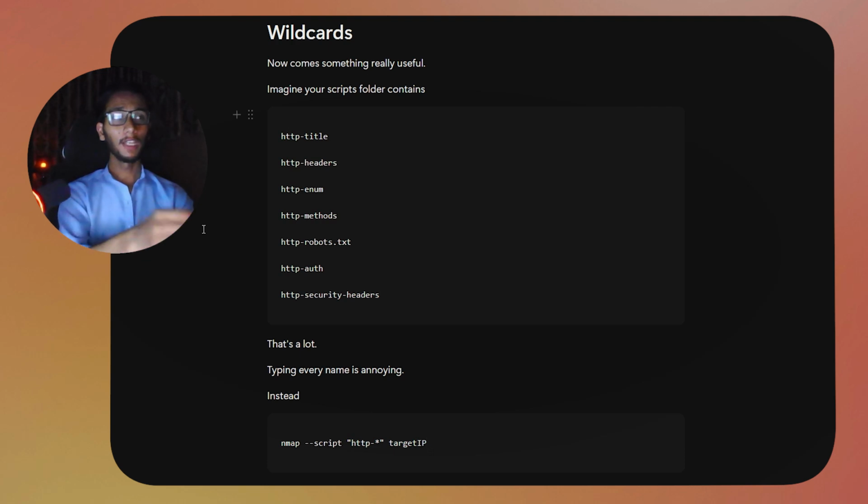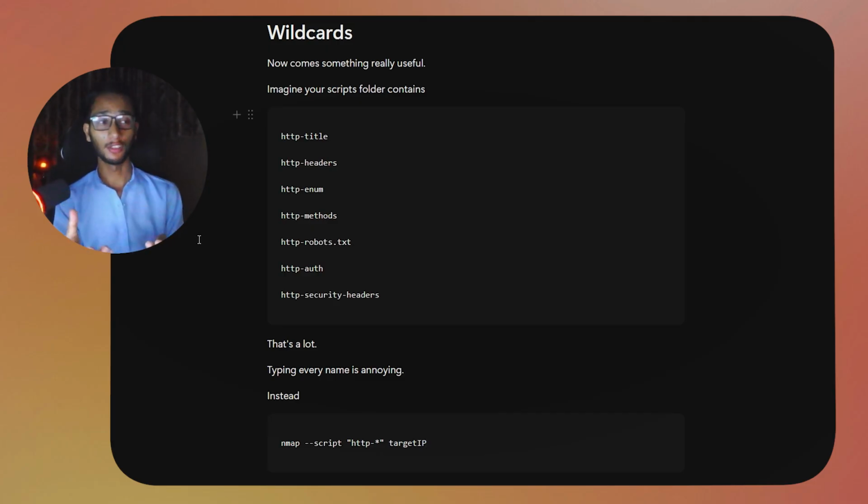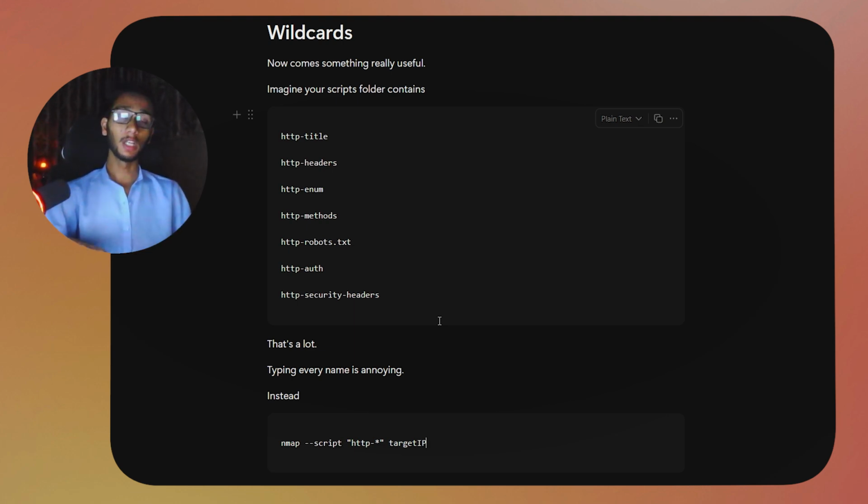Over here we have wildcards again. Above we talked about something else, but now it is related to running scripts. For example, you want to run scripts using nmap, not just a single script but multiple scripts, and all of them are related to http or another service. Instead of typing them manually one by one, since you already know you are going to run all scripts related to http or smb or ftp, whatever,